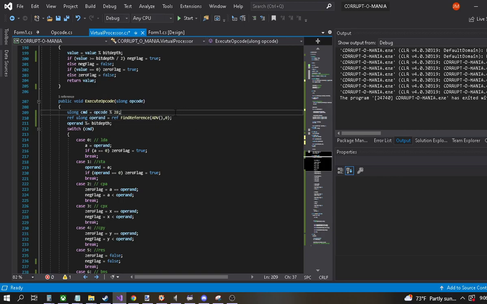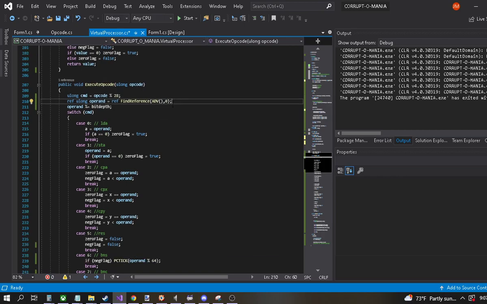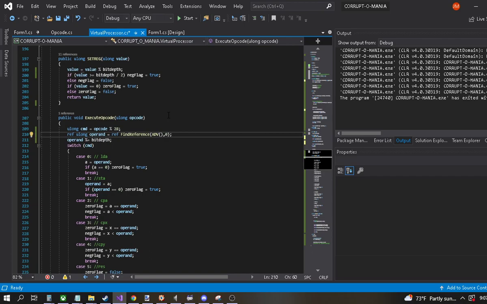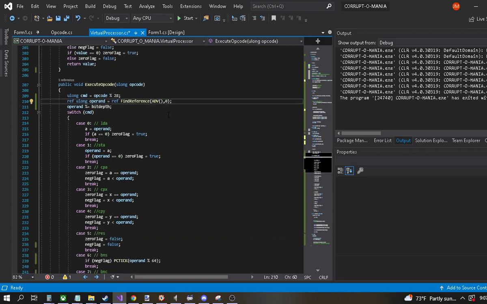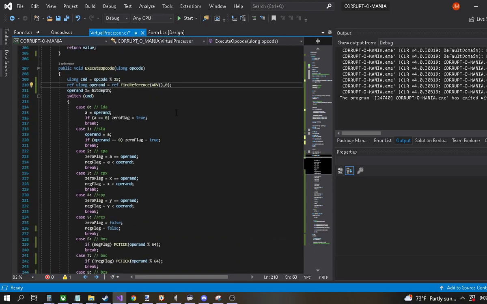So what we do is we get the total opcode, set it as our command, and then we find the reference to our operand here. We call our find reference. So this is basically getting the value we're going to be operating with here. So for example, for load A, or LDA for short,